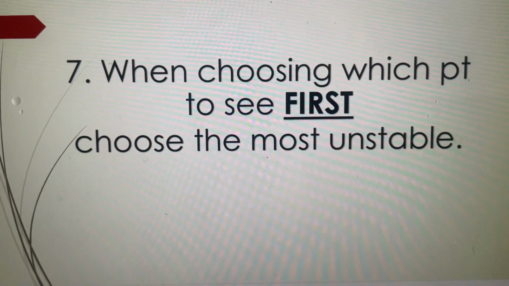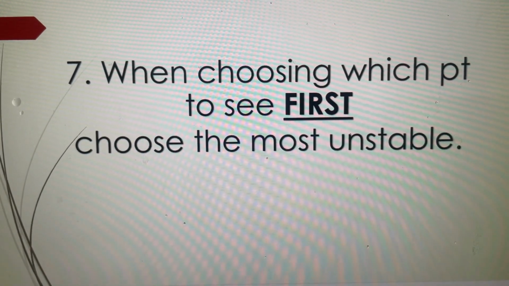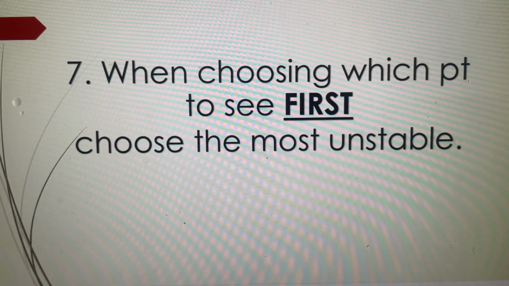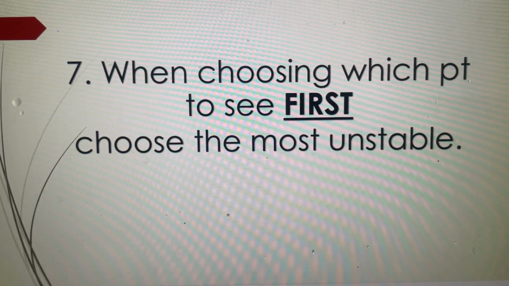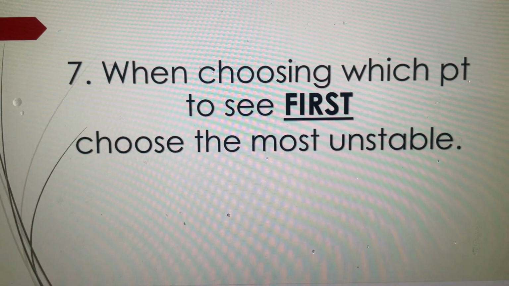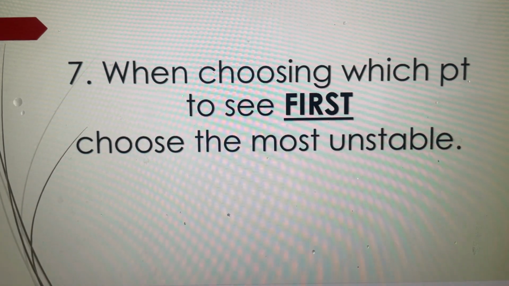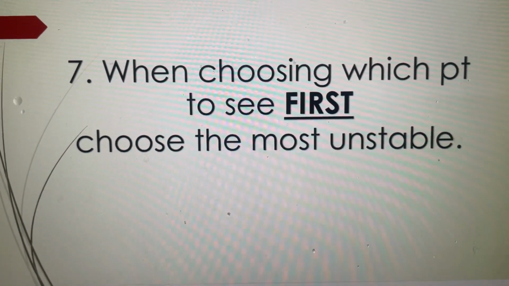The number 7 strategy would be choosing first. When choosing which patient to see first, make sure you choose the most unstable. I think they're talking about the triage. Now, to give you an example,